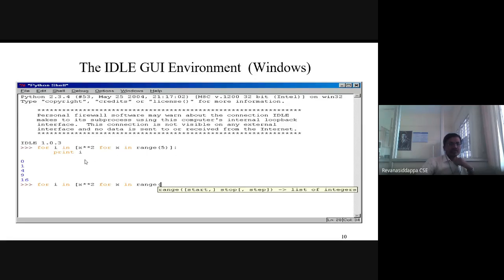Okay. So that means you know the for loop, right? For is looping, so it will execute the set of statements until the condition becomes false. Suppose I want to generate a square of the numbers. Then I'll be writing using the for loop: for i in